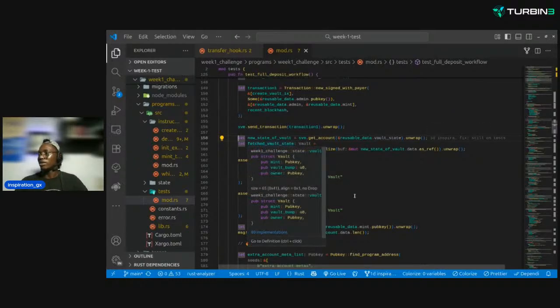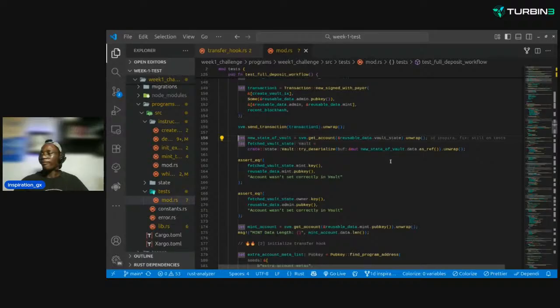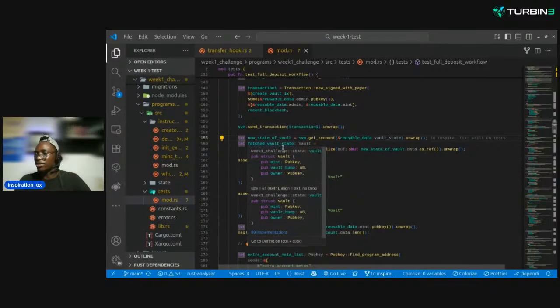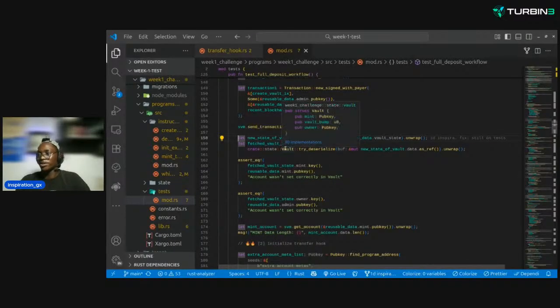So what type of account is it? It's a vault state account, right? And don't forget that we are inside the same Rust environment, so we can use the vault state from that environment. So we have crate state vault, try deserialize. Because we know that it's a vault, we can expect it to deserialize this account properly, because this account is also a vault account. And we pass in the vault account data as ref,